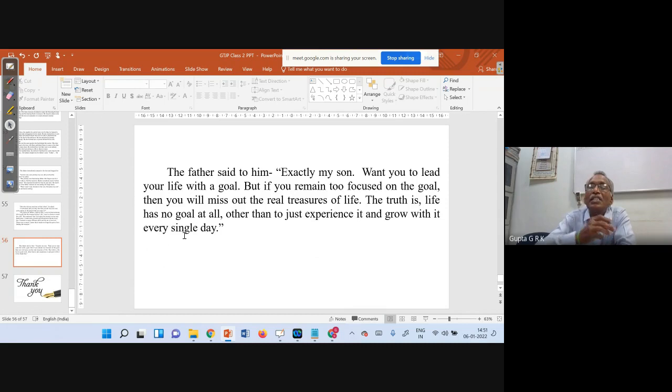Actually, it's not the destination that you have to enjoy. Okay, not the goal. Actually, you have to enjoy the journey. Every minute of the journey, every day of the journey, you have to enjoy. So that is more important. Whether you achieve your goal or not, we don't know, right? And whether we are alive or not, whether the goal is there or not, whether we achieve it, that is a different thing, right? But if you enjoy the journey of going towards that, so that is more important.